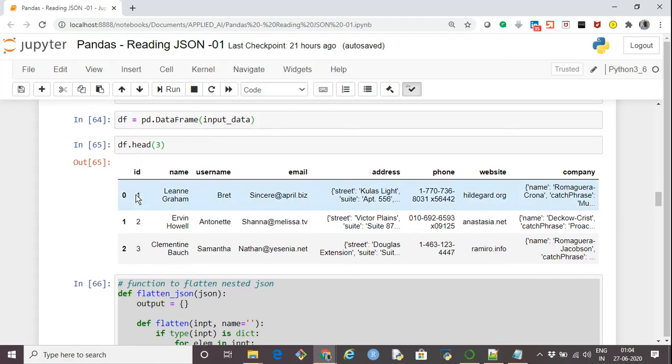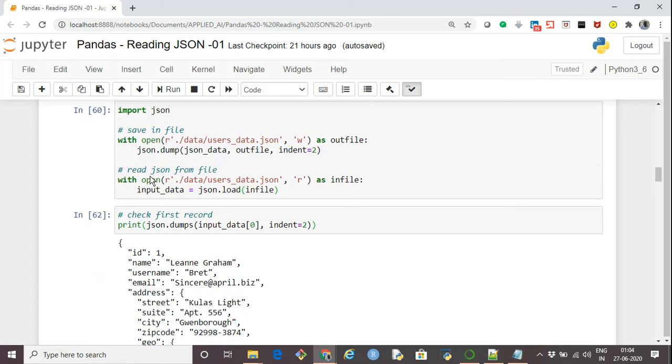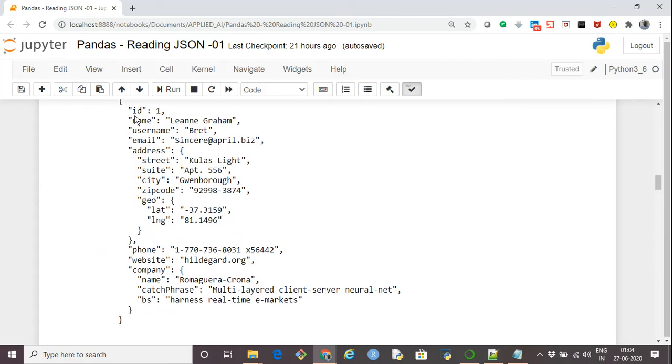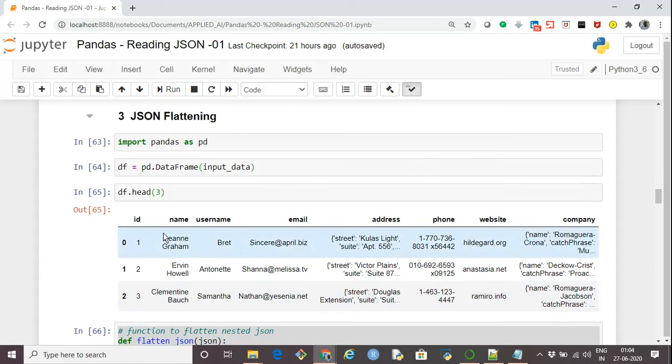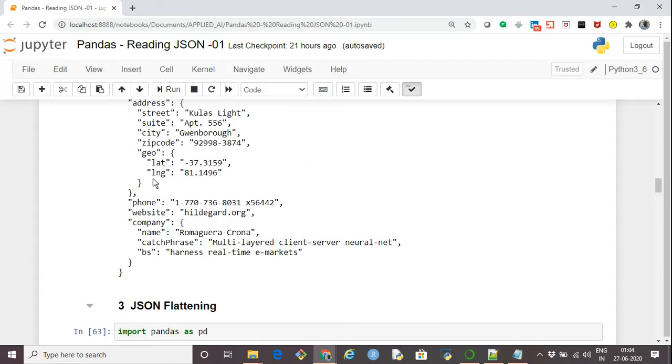If you see, ID, name, username, email, address, phone, website, and company, these are the same columns in this data frame that we got when we had checked the keys of the dictionary. So there is ID, name, username, email, then we have address, and then we have phone, website and company.